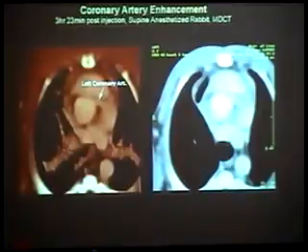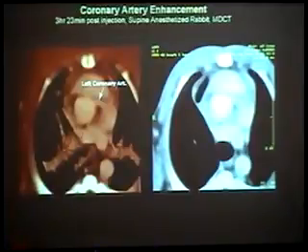Okay, here, it turns out in our rabbit model, 100% of the time we can pick up the coronary artery, not a big deal. Whereas traditionally, I'm told in humans with bolus tracking of the injection, you're lucky if you pick up the coronary artery 15 or 20% of the time. We don't have that problem because there is no bolus tracking. You don't have to worry about chasing the bolus right through the coronary. We can pick it up 100% of the time with no problems, even in rabbits. Considering, of course, that the rabbit coronary artery is a lot smaller than